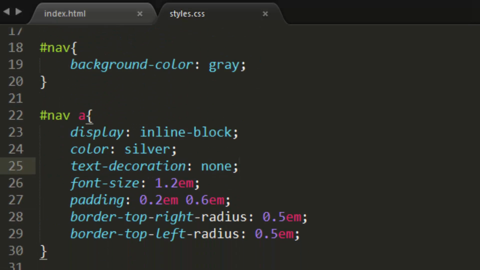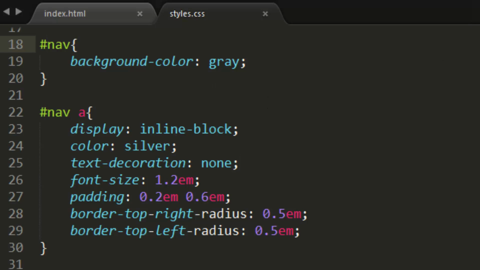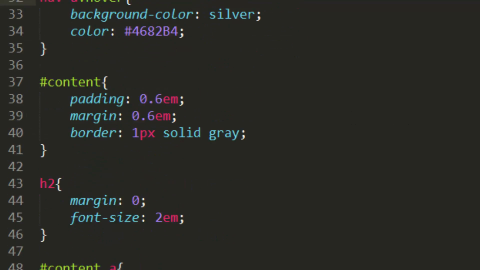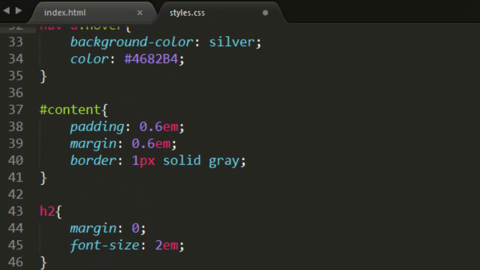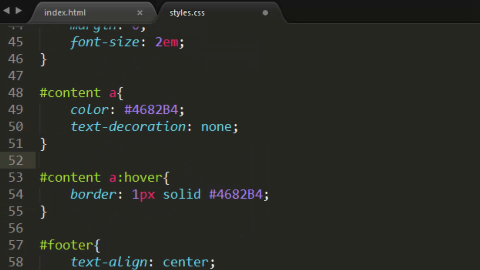The nav div was changed to a nav element, so remove the hashtag in front of the nav for the next 3 styles. The content div was changed to a main element, so change the hashtag content to main for the 3 relevant styles. You may wonder why the syntax highlighting in my version of Sublime Text is displaying main in white instead of pink.